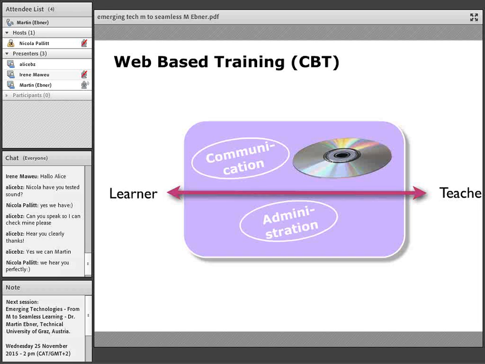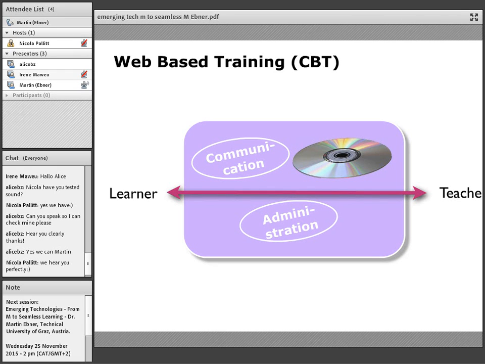And then, of course, we have not only the content, but we also have an information system where we can put in the CD. We have user management, a kind of administration of the different courses, and different kinds of communication channels. Therefore, we have information systems, and the teacher was talking to the learners via the information systems. The typical example of so-called web-based training is, of course, the learning management systems, Moodle or whatever.